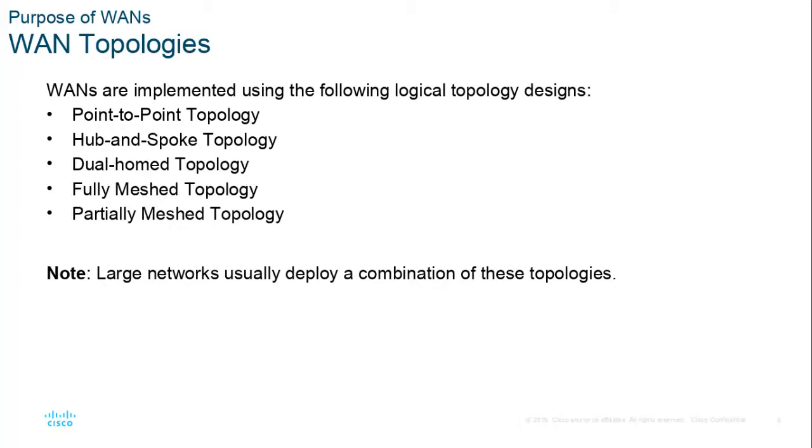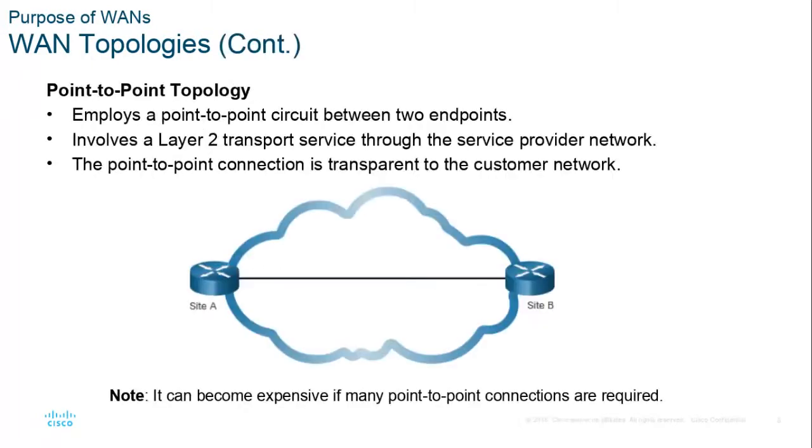So here are some different topologies. Let's look at what these mean. These are physical topologies. A point-to-point topology is like a private line between one place and another place. So I can get a connection like a Multiprotocol Label Switching (MPLS) type connection or a T1 connection or whatever I want between the two sites. Now, if I have a lot of locations, it can become very expensive because I have all these multiple point-to-point connections. The phone company will be very glad to lease them to us and be very glad to collect the recurring monthly charges we pay every month for this. And it's typically a layer 2 service. I can stick my Ethernet frames over that at site A and it'll go to site B.